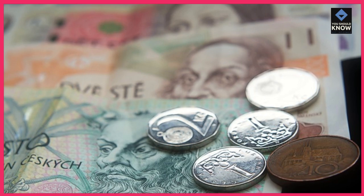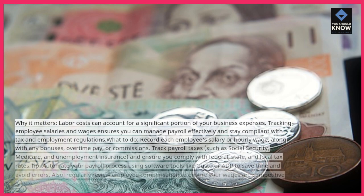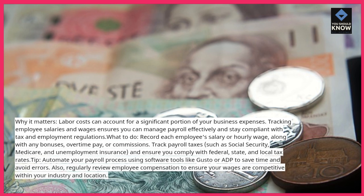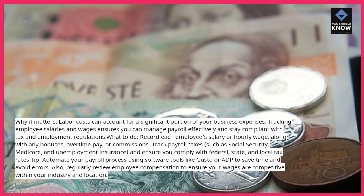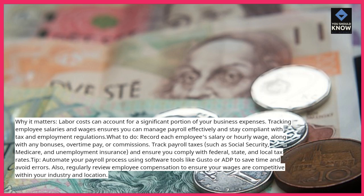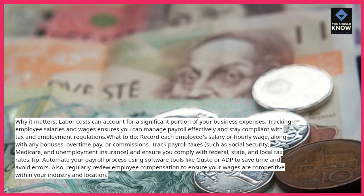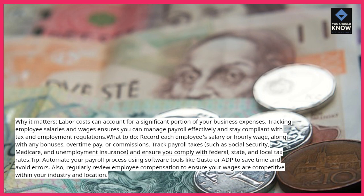Why it matters. Labor costs can account for a significant portion of your business expenses. Tracking employee salaries and wages ensures you can manage payroll effectively and stay compliant with tax and employment regulations. What to do? Record each employee's salary or hourly wage, along with any bonuses, overtime pay, or commissions. Track payroll taxes, such as Social Security, Medicare, and unemployment insurance, and ensure you comply with federal, state, and local